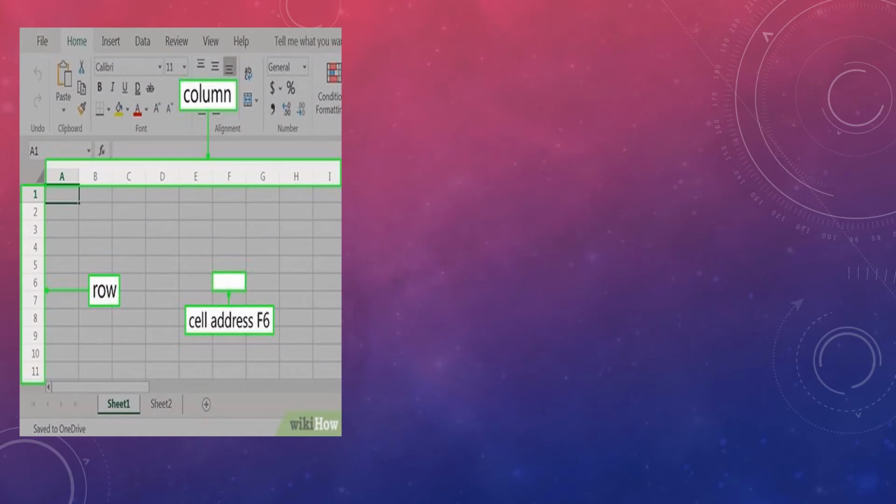Children, you can see here the columns are addressed by alphabets A, B, C, D, and so on. And rows are addressed by 1, 2, 3, 4, and so on.